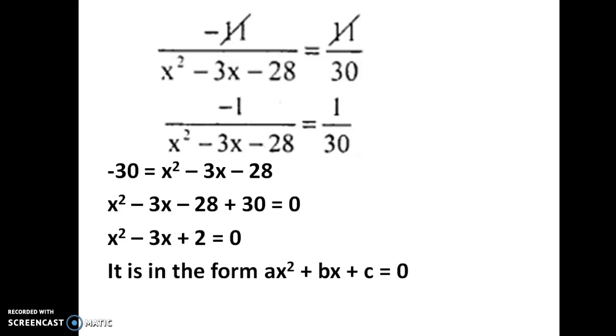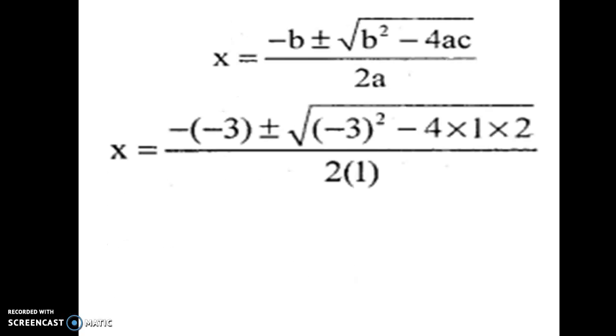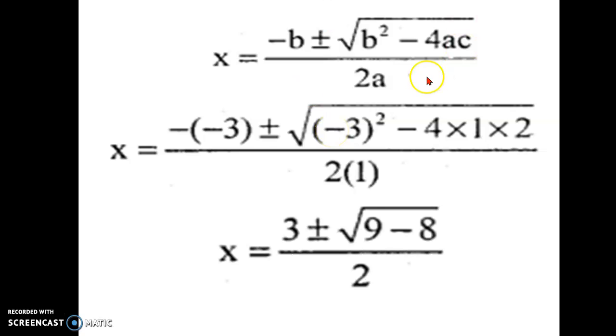So this quadratic equation, in here A is 1, B is minus 3 and C is 2. Put it in the quadratic formula. First write the formula, then substitute it. Okay, then furthermore we have to simplify. So minus of minus, it will be plus 3. And here minus 3 the whole square. So minus 3 into minus 3 is 9. Then 4 into 1 is 4. 4 into 2 is 8.